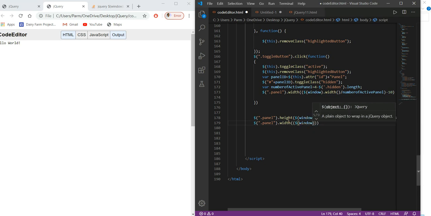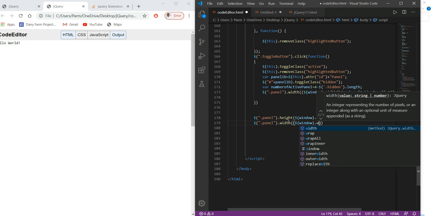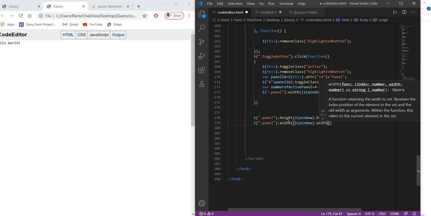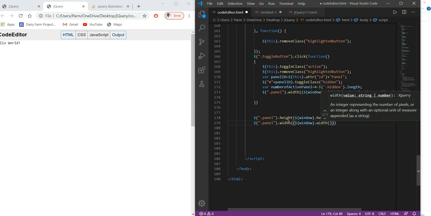We just have to take its window width, window.width, and we have divided it into two sizes, 50% and 50%. So just now we have to divide it into 4, so we have to divide it again by 2, making 50-50 to 25%.